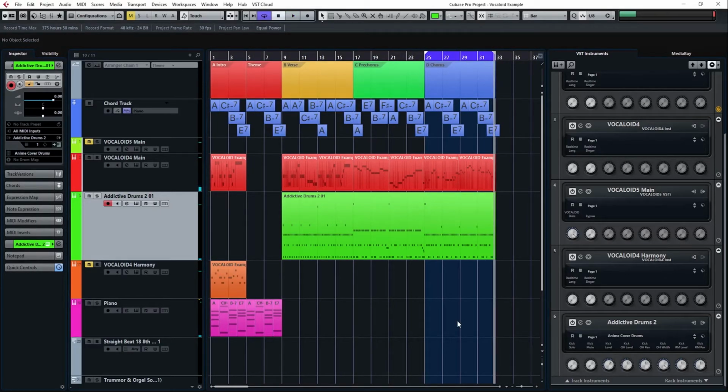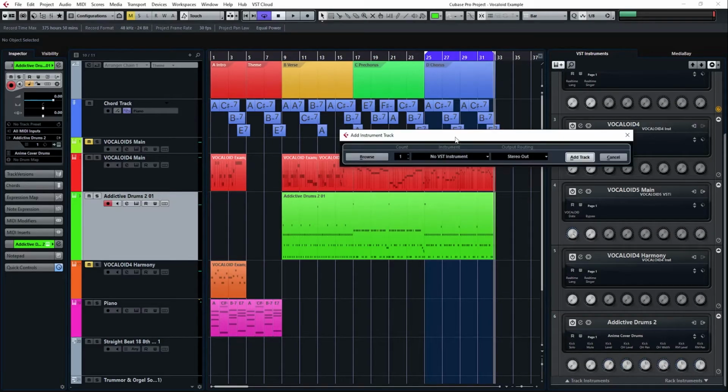After we've got some drums, let's add some bass. I like my kick and my bass to play at the same time a lot. Again, you can be as creative as you like. Let me add